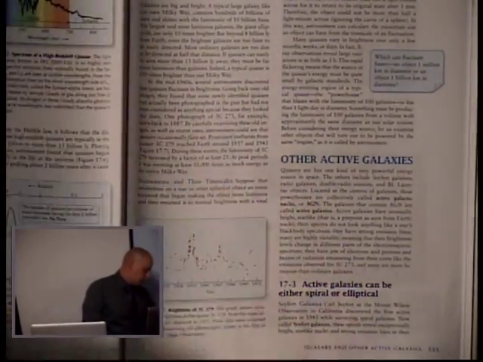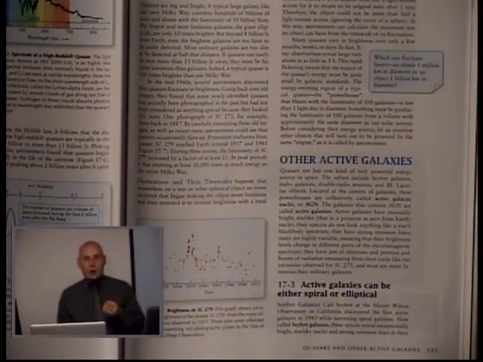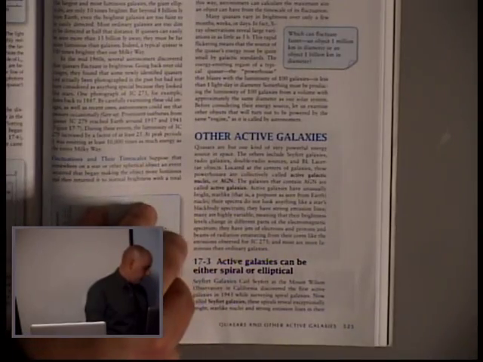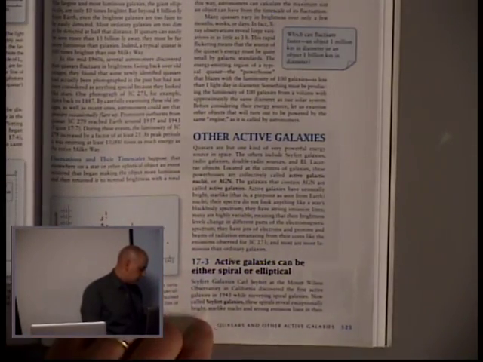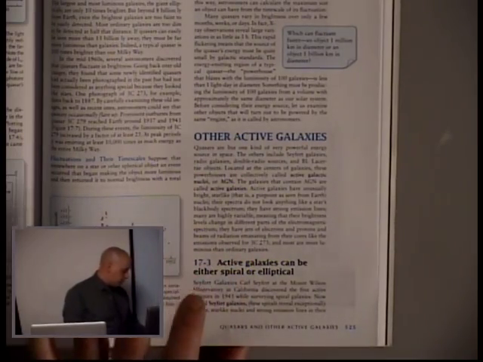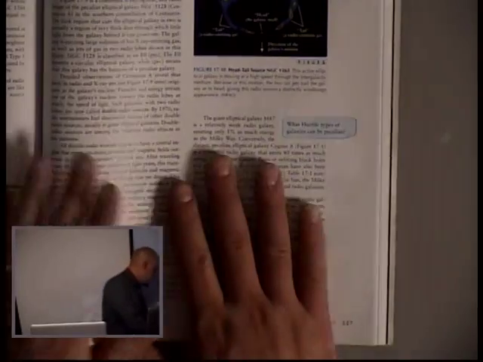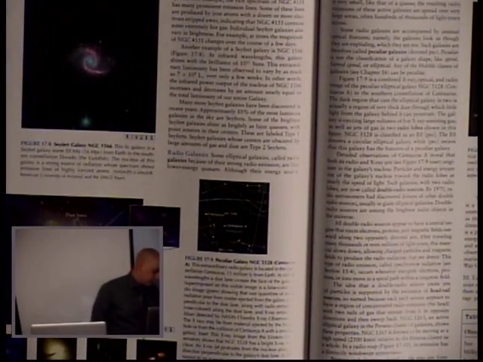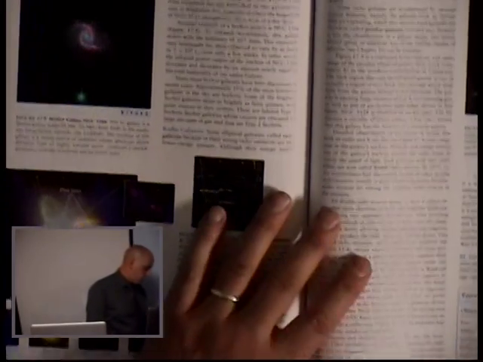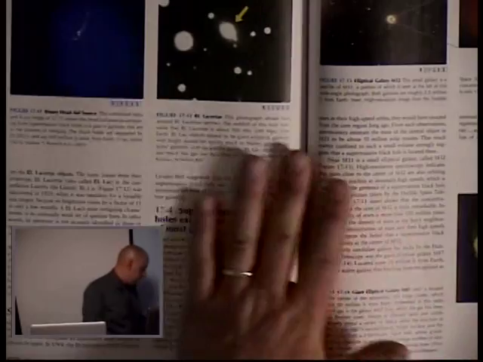And when you're going through your reading, you'll get into some of the explanation of how these real powerhouse systems are able to do so. Now, there are other types of active galaxies. We can have active galaxies that are spiral or elliptical, and they're usually referred to as Seyfert galaxies. I'm talking about having this powerful emission of energy coming from their core, which is a very exciting part of understanding the